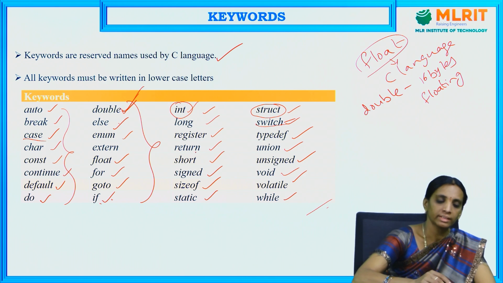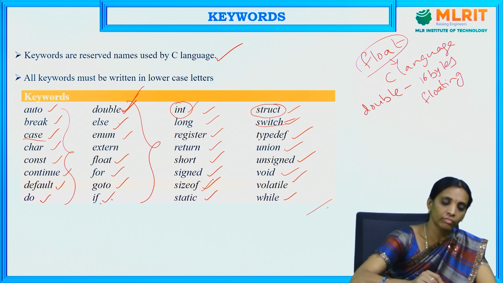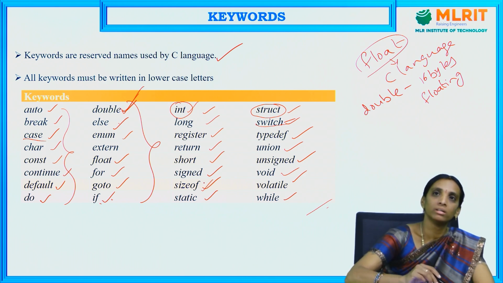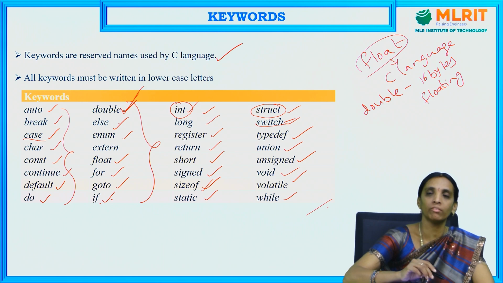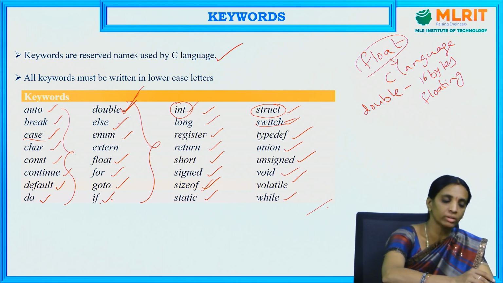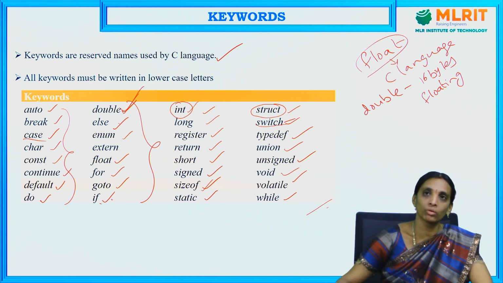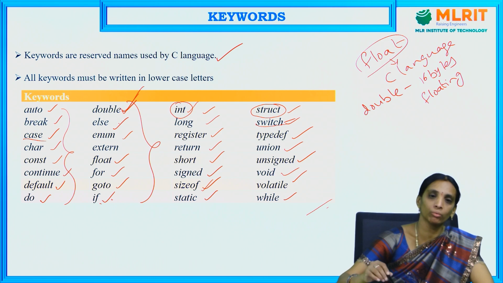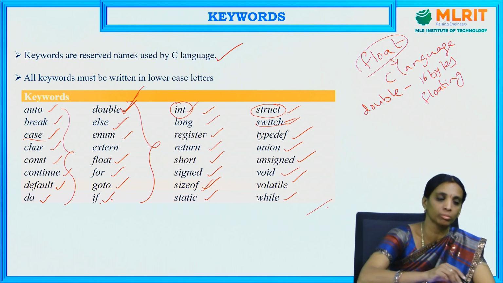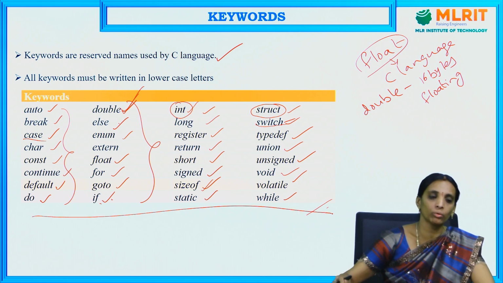Like that, sizeof can be used for returning the size of memory which is allocated for that particular variable. Each keyword has a specific meaning which is used in our embedded C programming, so we do not have any possibility for changing the keyword names. We have to use the names as they are in the table, and we have to use lowercase letters only.